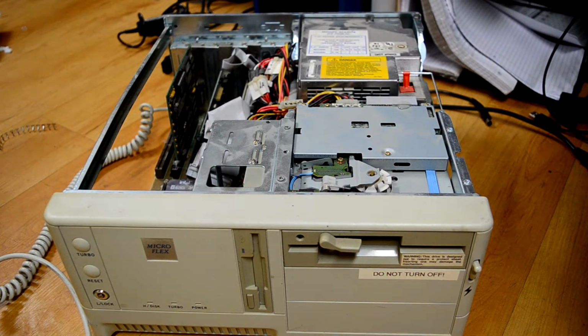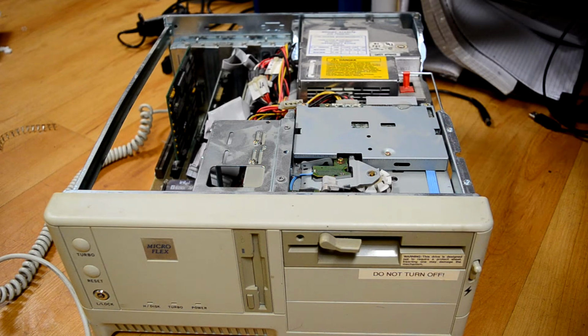Okay, I'm about to plug it in. First, I want to say though, know what you're doing if you're plugging in an old computer. I've checked the power supply. It doesn't look like there are any bad caps inside. But even if it doesn't look like it, there still could be. Now, as far as I know, these machines and power supplies are not super prone to catching fire. It's not a super known issue. Not every 486 machine is guaranteed to catch fire if you plug it in, but that doesn't mean it can't happen. So, just be careful. And with that said, now that I've thoroughly terrified myself,